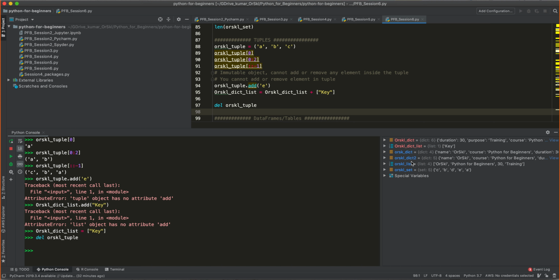Okay, let me summarize the 4 different data structures we have seen. List: a group of elements, and each element is read with the help of index numbers. Dictionaries: again a group of elements, but each element has a key and a value. Position doesn't matter. Set is again a group of elements.